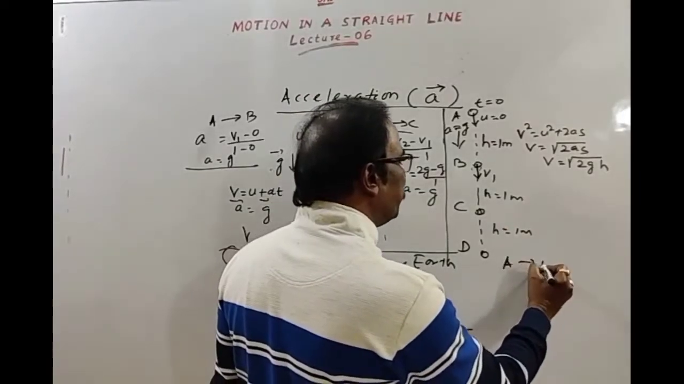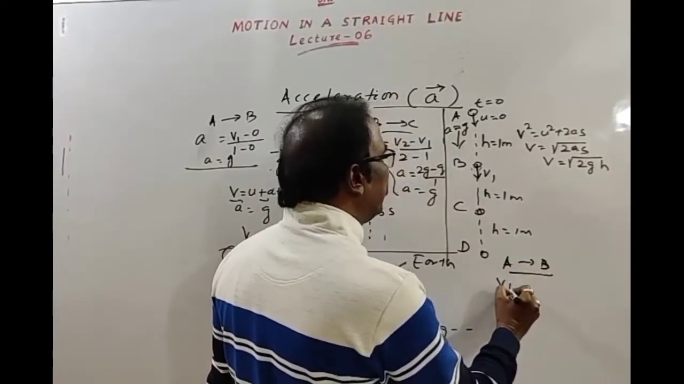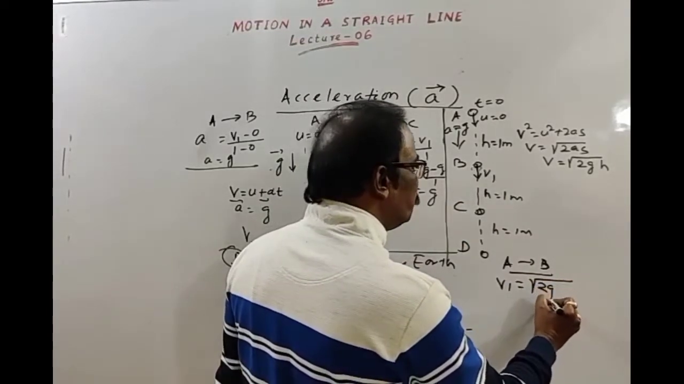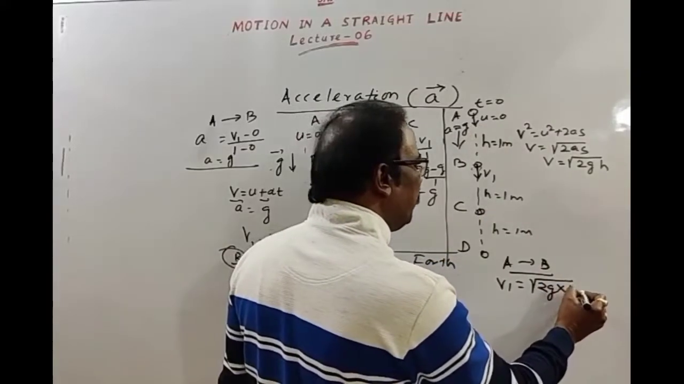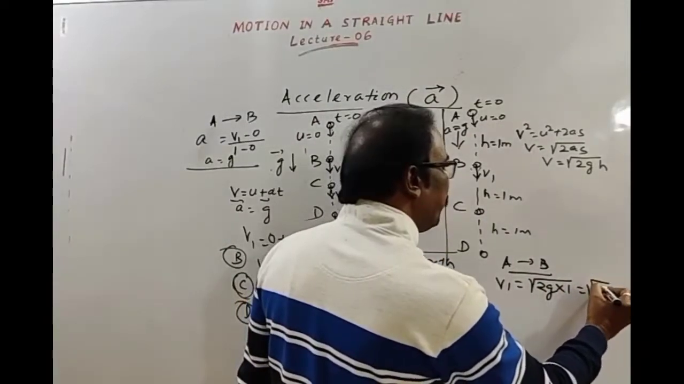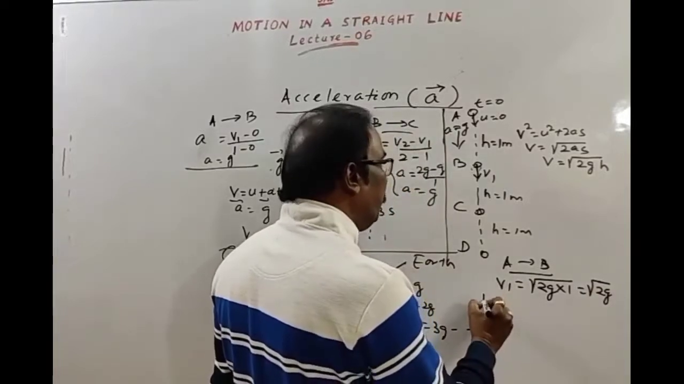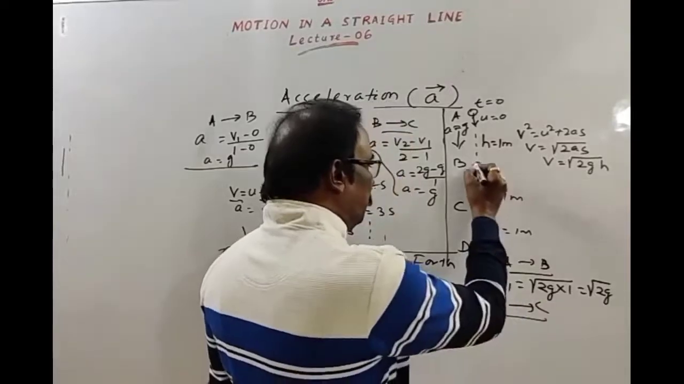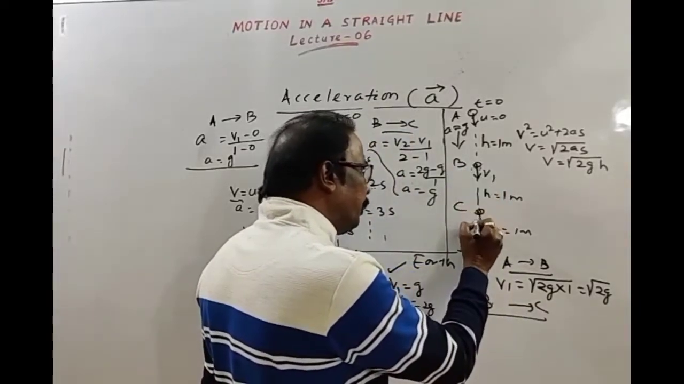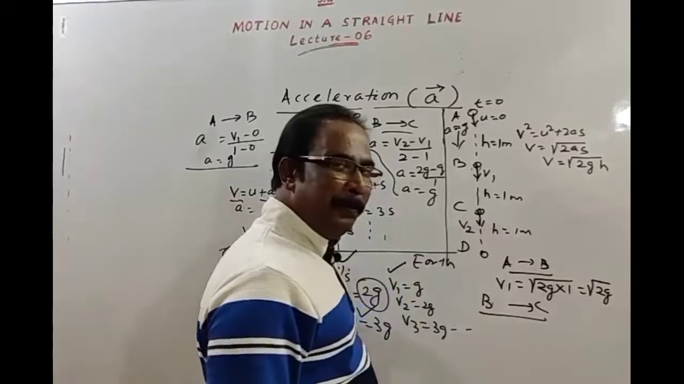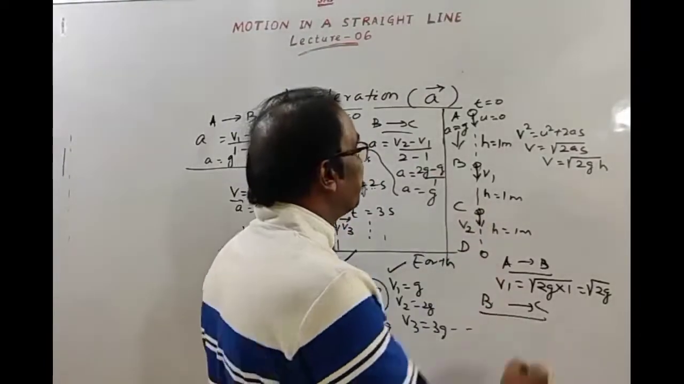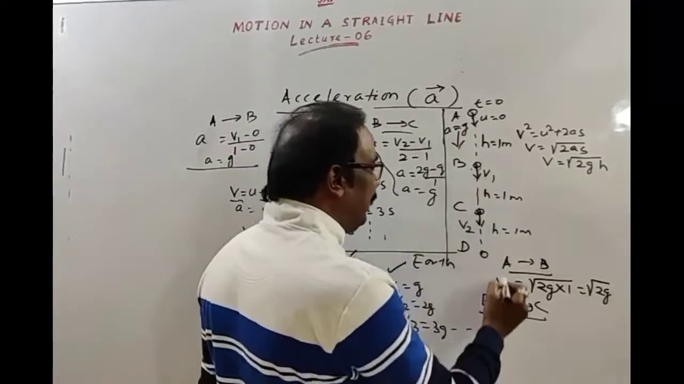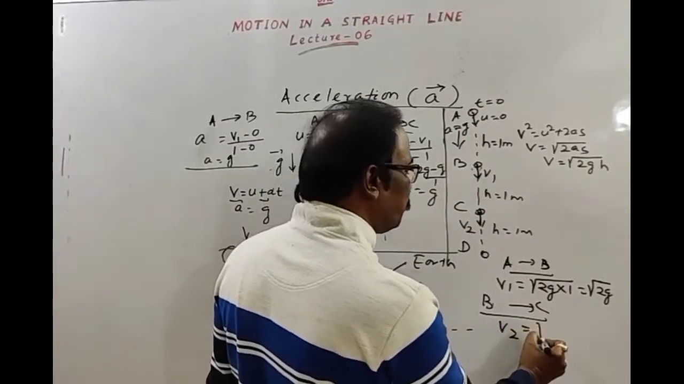Then from A to B, velocity at position B is v1. Square root of 2gh, h is 1 meter, so v1 is square root of 2g. From B to C, when the body moves from B to C, the final velocity is v2. But the body has moved from A to C, so v2 is equal to square root of